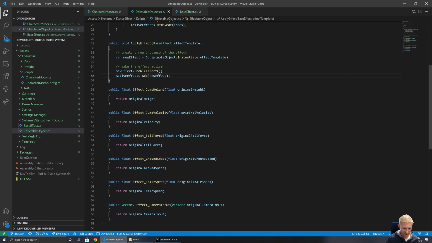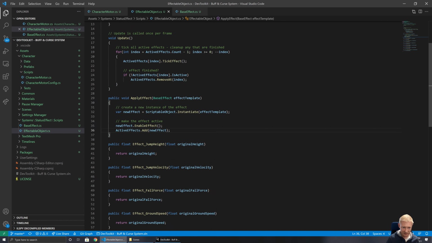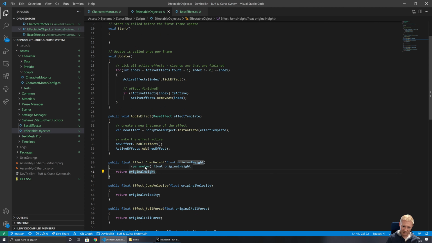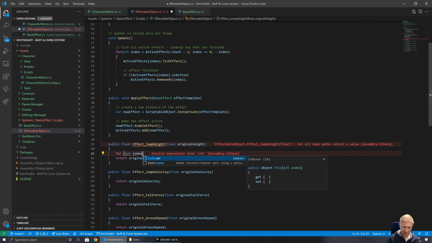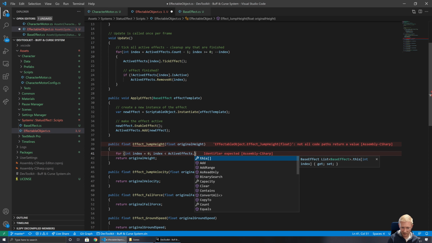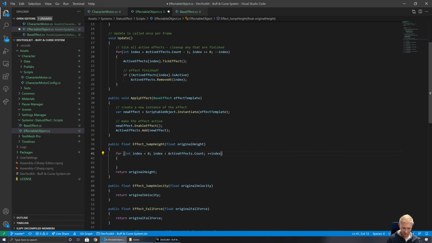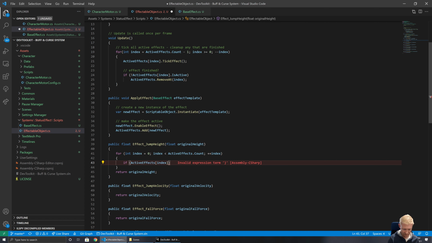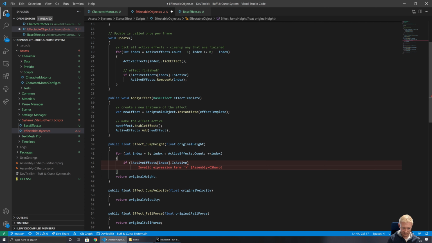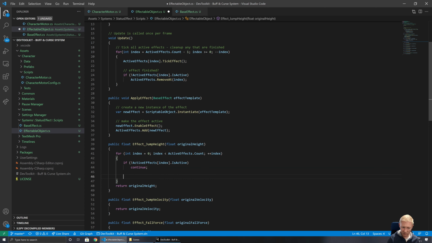And so with that in mind, we can then set up our logic for how these apply things actually work. So what we would do is index is equal to 0, index is less than active effects dot count, increment index. So then we would be saying, well, if that active effect index is not active, we want to skip it. Otherwise, we'll apply the effect. So active effects index